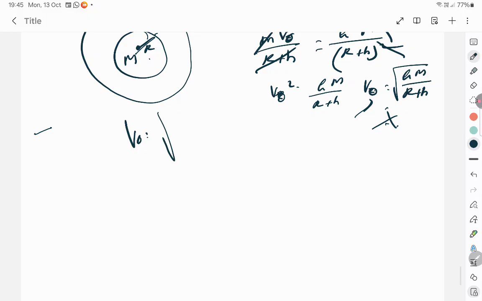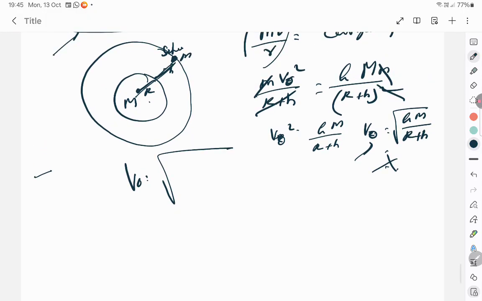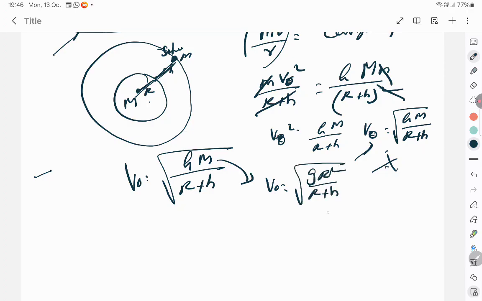Let's get this clear. h is this height. G capital M by R plus h. This is the formula. Here you can write GM also as root of GR square by R plus h, where